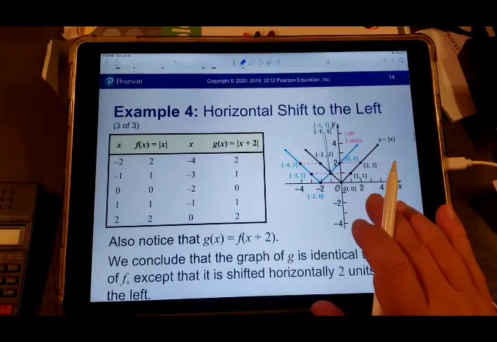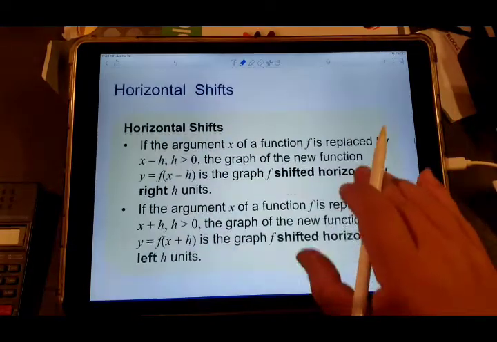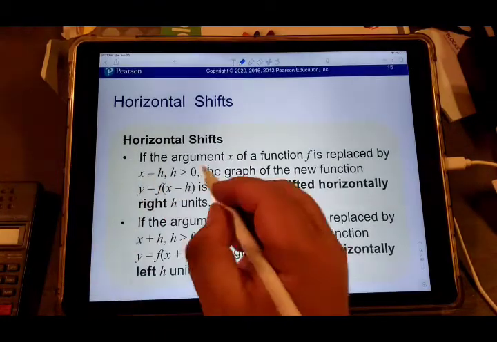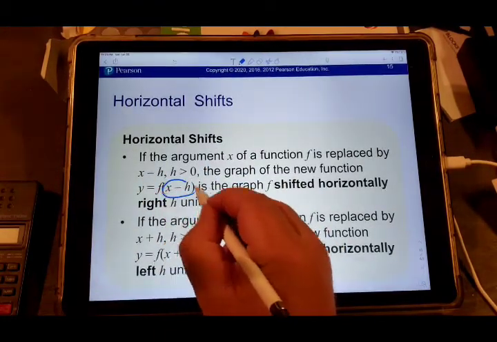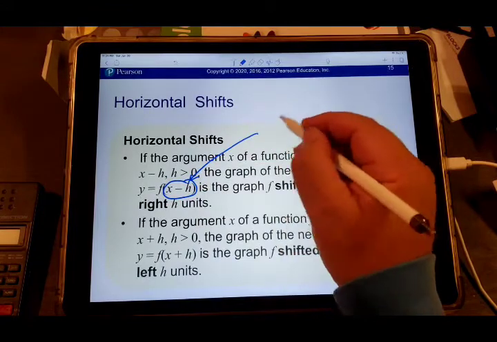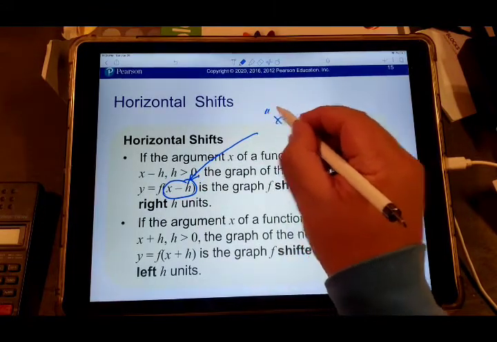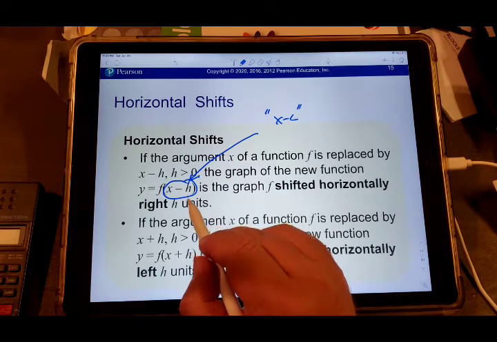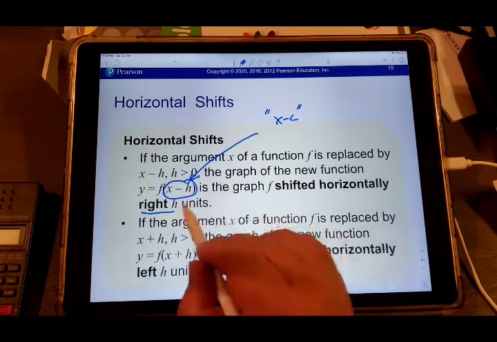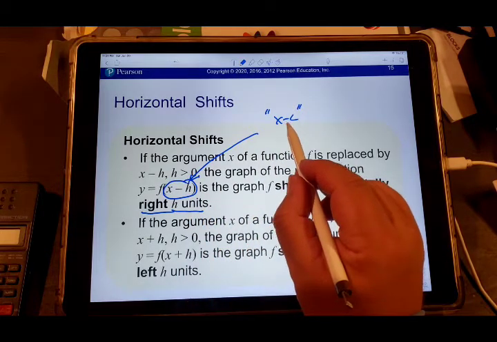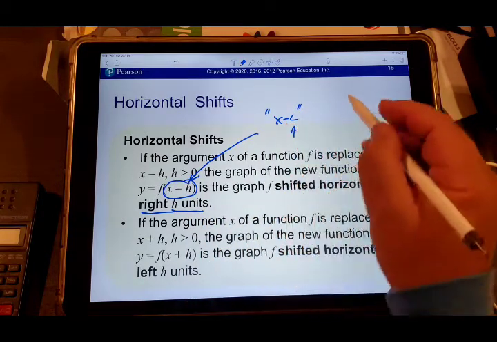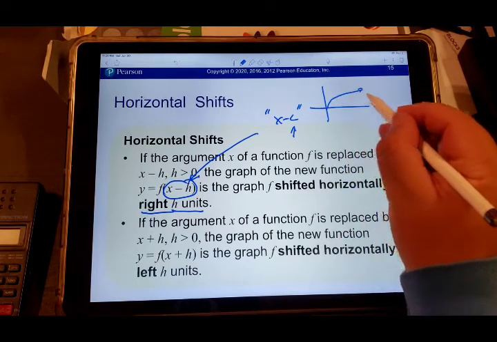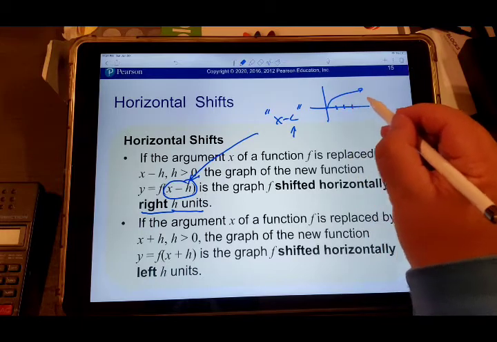And let's look at it, and I'll explain what I'm talking about. So I call it the x minus c factor. Call it the x minus c phenomenon, or x minus h. But what they're saying is the graph is shifted to the right h units when you subtract from x. So if I were to take this graph and I wanted to shift it 1, 2, 3 units to the right